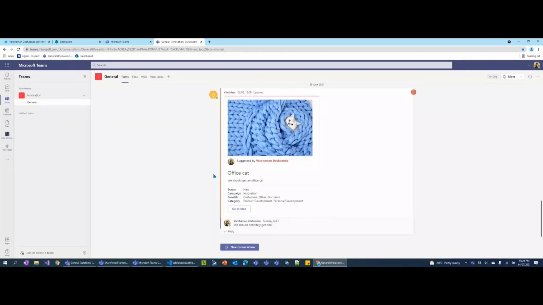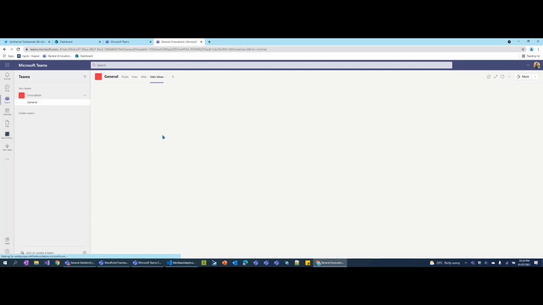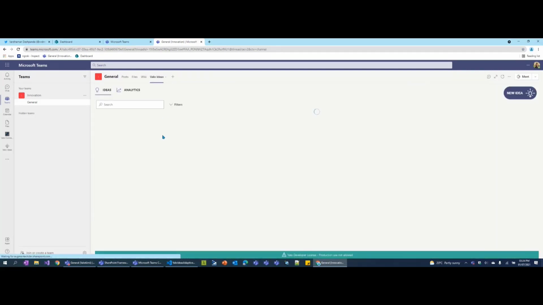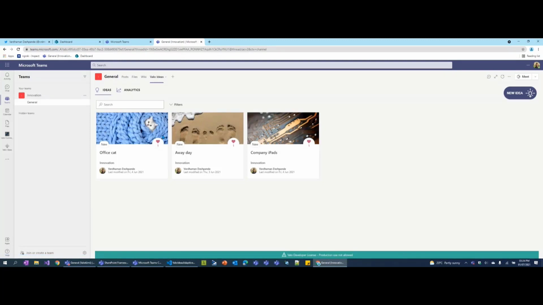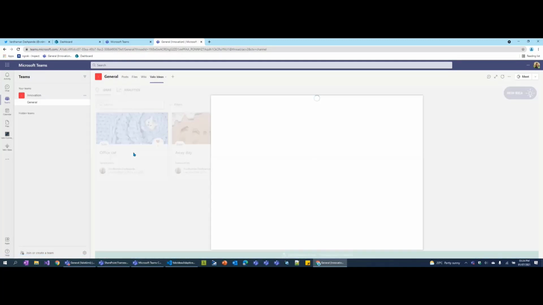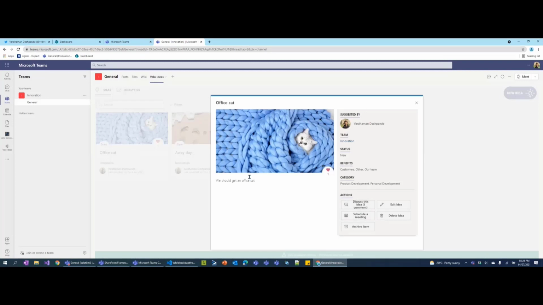The basic idea behind it is that any Teams member can, within the context of their team, suggest an idea, discuss the idea within Teams, and so on. But I won't get into the details because what the app does is of less concern here. Just to build a platform of where we will land from Viva Connections: once you go into the tab, you can click on any of the ideas and a details dialog pops up where you can see certain metadata about the idea. You can see the description, image, and certain actions. So this is the details view.